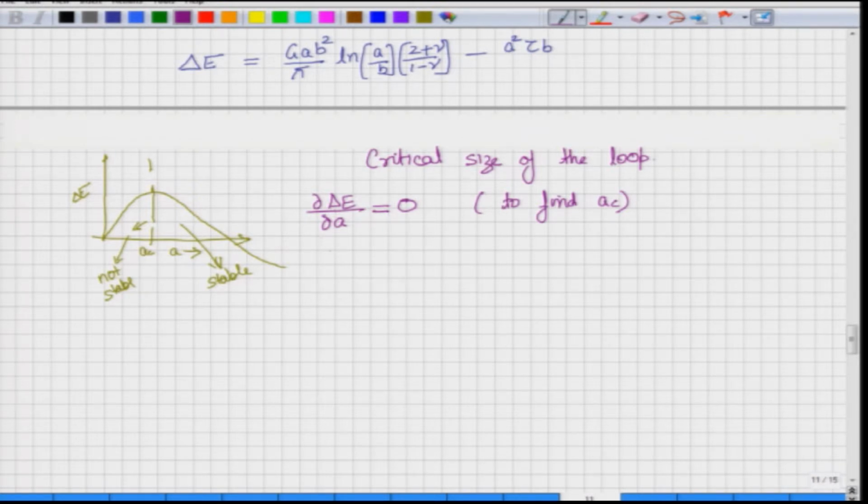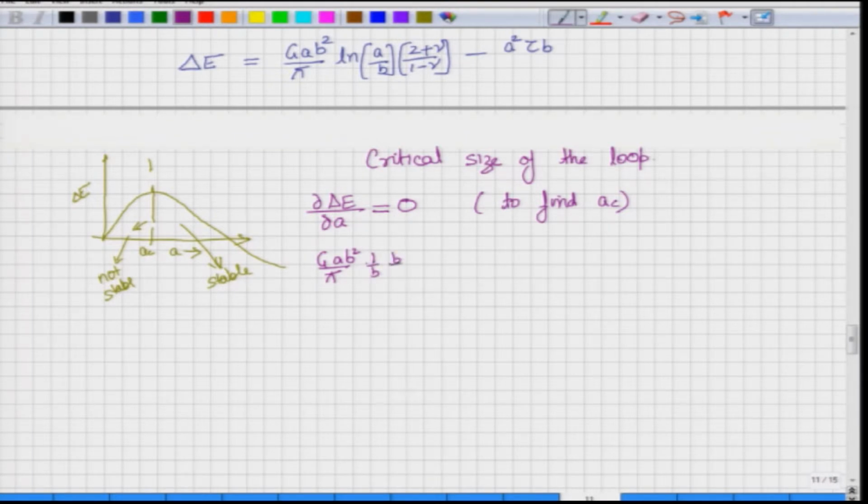Over here, and therefore, I will write down what we get. G A B square. You will have to do it in parts, because A is over here, A is over here. So, you can take this as common, and once you will have to differentiate this keeping this constant, once you will have to differentiate this keeping this constant. So, first we will keep this constant and differentiate this. This becomes G A B square by P, and on differentiating this it becomes 1 by B into ln